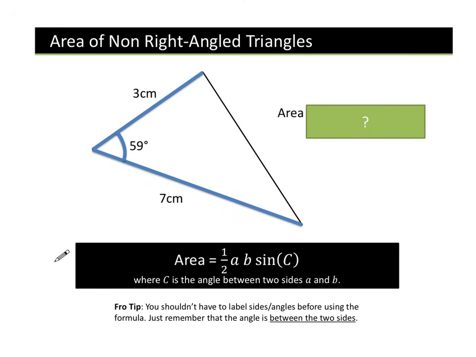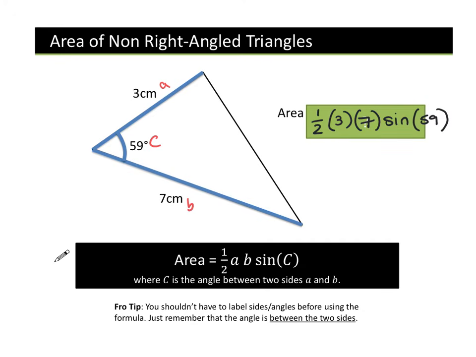Okay then, so if we have a non-right angle triangle, the area is really simple, a half ab sine C. So remember, we're always going to use substitution, so the area is a half bracket a, which is 3, bracket b, which is 7, sine of the angle, which is 59 degrees. Now, I know that whenever we've been finding our angle, we've always called this angle A, okay? Again, you need to just get used to, if this is now angle C, so this is little a and this is little b,